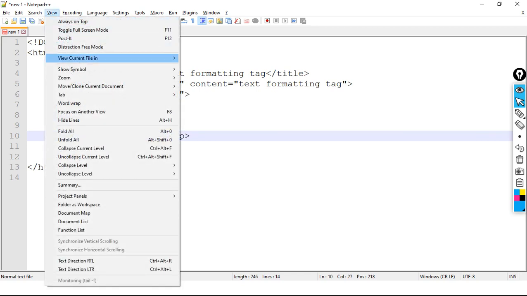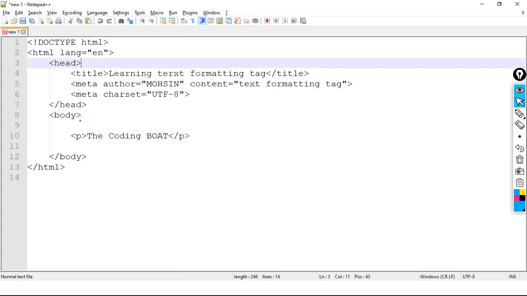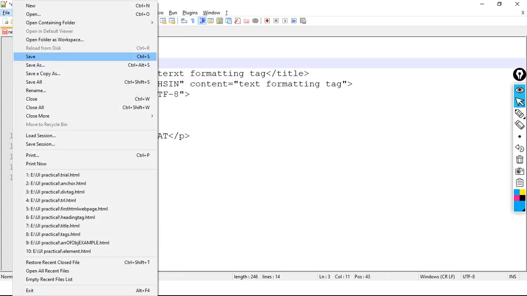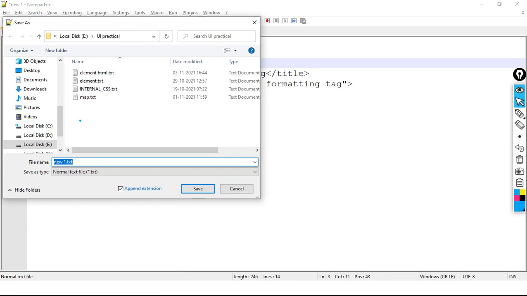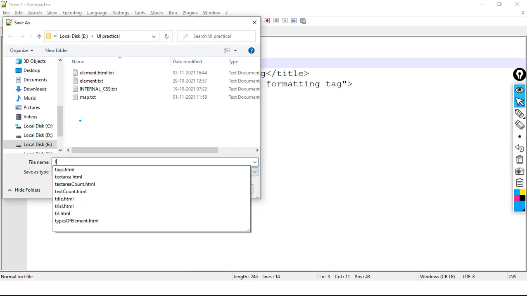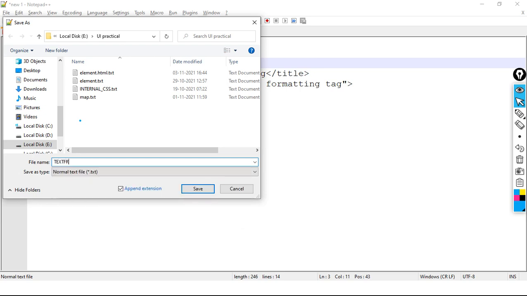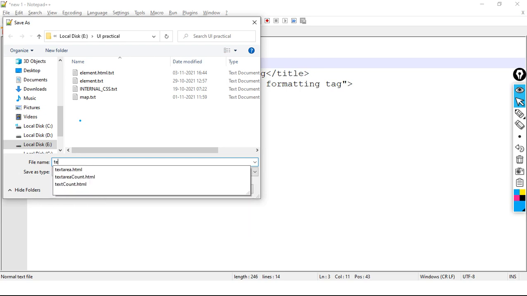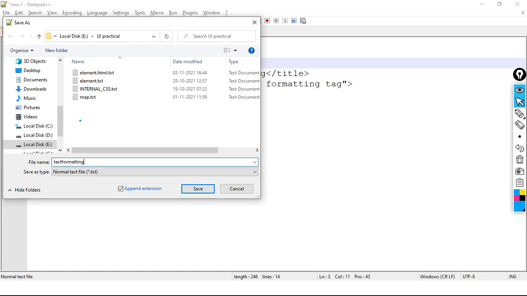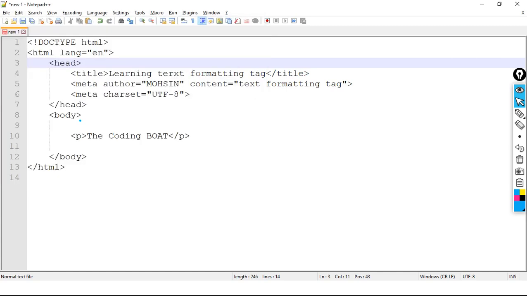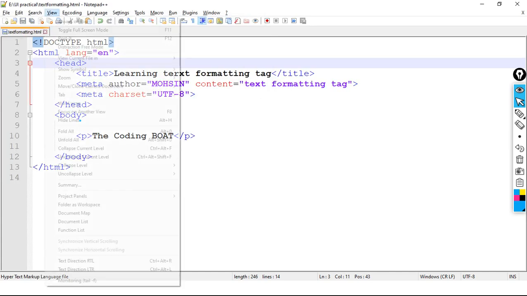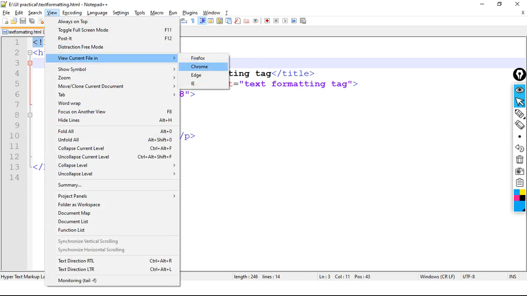Let's understand with execution. I have saved the code with, let's say, text formatting .html.